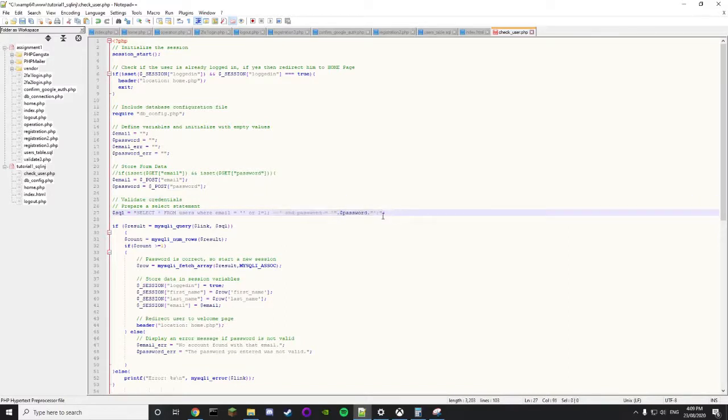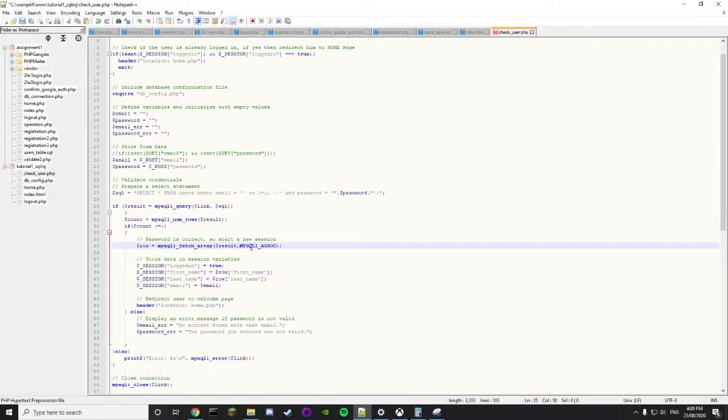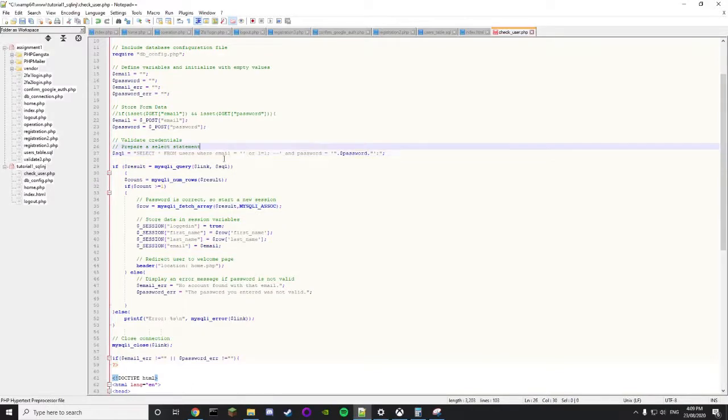So it's still valid. So this is the new statement that's being run by the web server: select all from users where email equals nothing or 1 equals 1. So it's always going to select all users. And when you select all users, that produces a line, or more than one line, it produces all the lines, and the web page